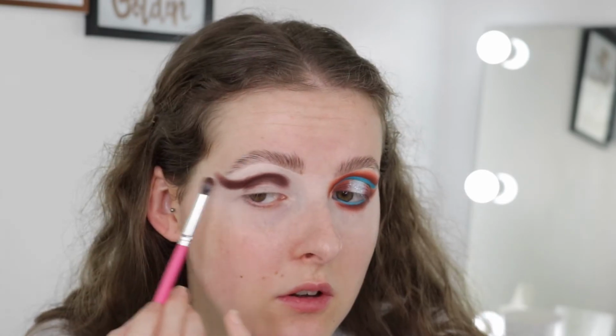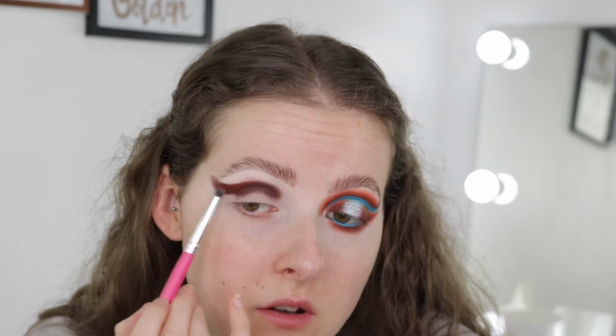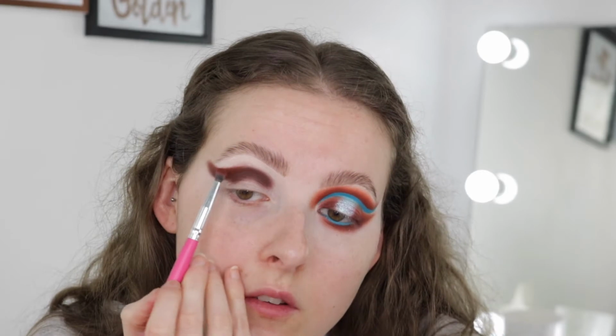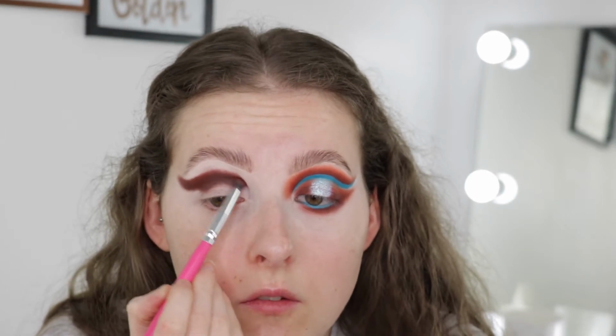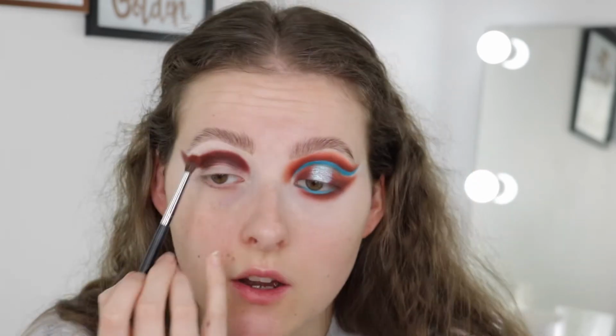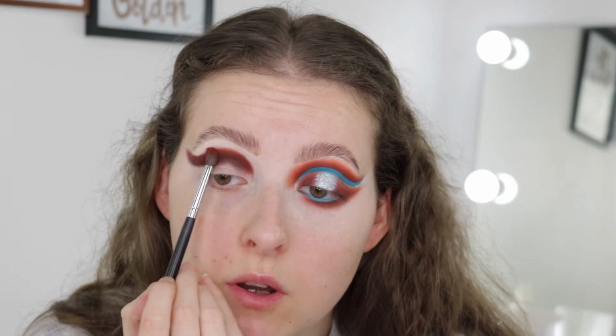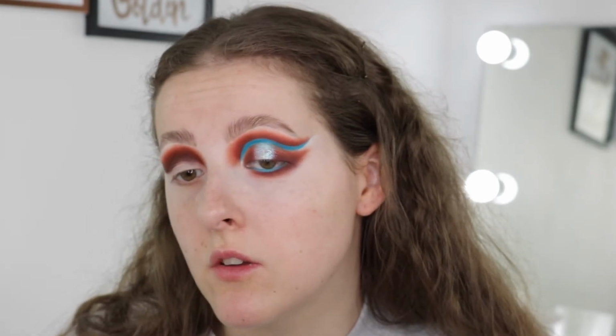If I pat that shade on, I'm just going to blend it out. And then I'm going to take the shade Whole, which is a lighter but still dark. It's more of a warmer shade. I'm just going to take that just above that shade. Take it right in the corner. So next I'm going to take Slow Burn, yeah. Just again, pop that slightly above. Okay, so now I'm just going to go and cut the crease like I did on this side, just with